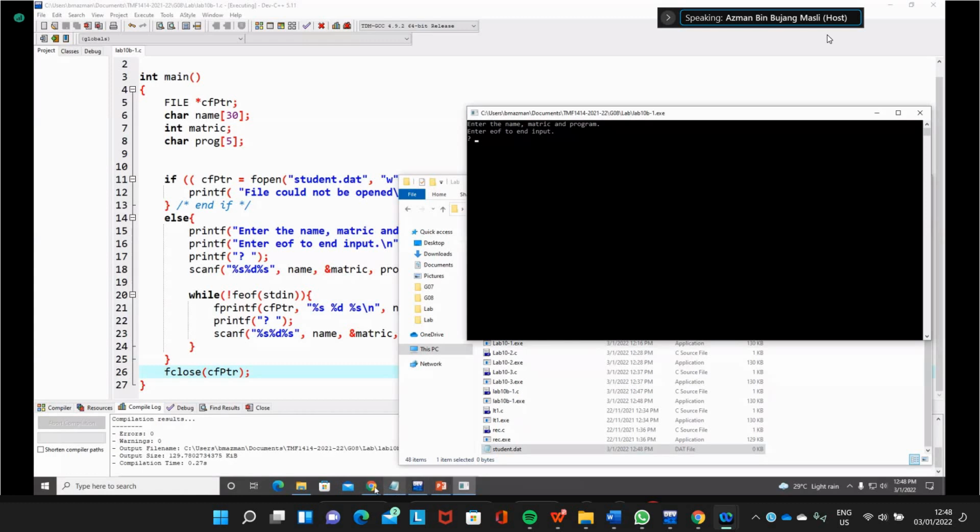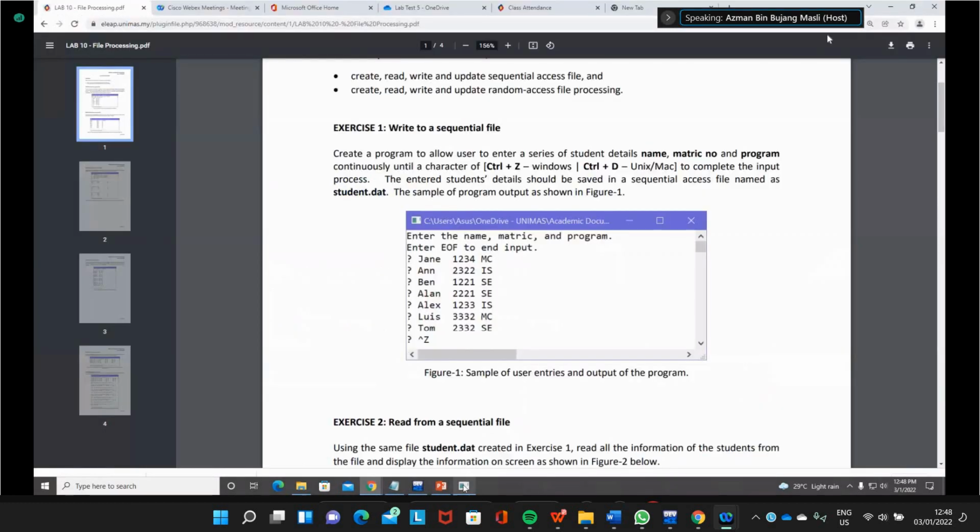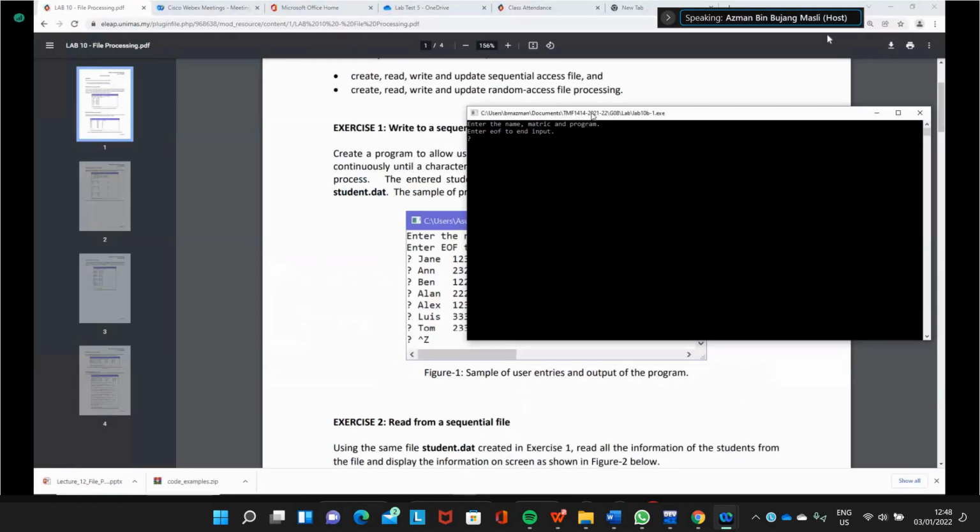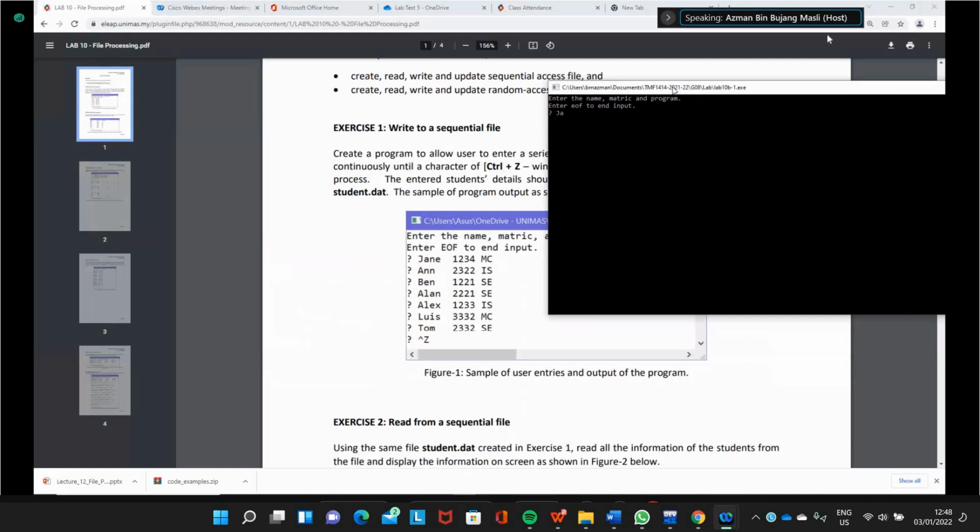If you look at the sample here, we have Jane, metric number, MC, and then another one is N, metric number, and then IS, and then Ben, metric number, and then SE.